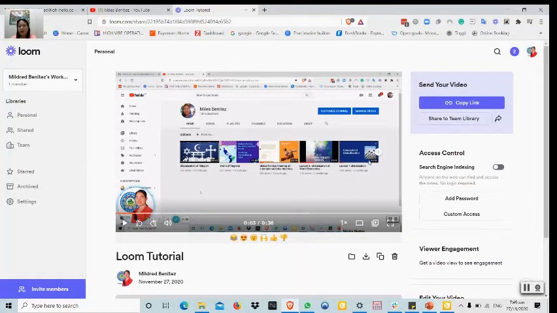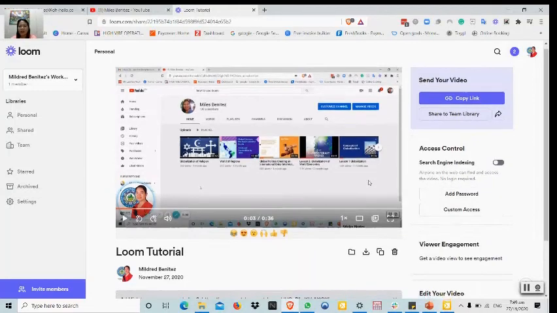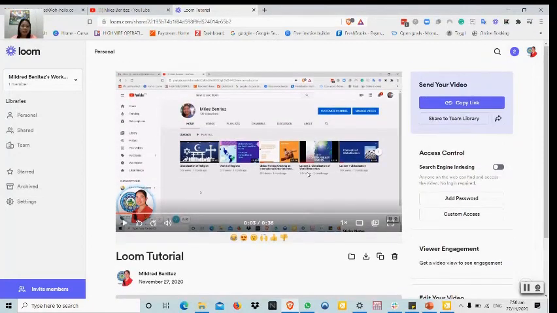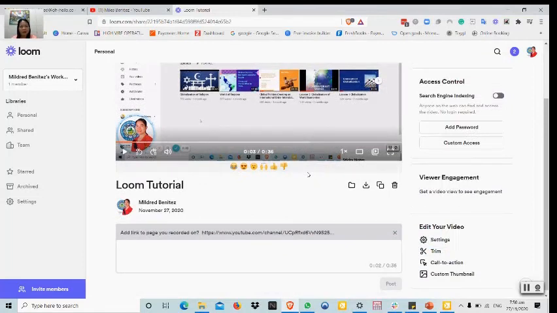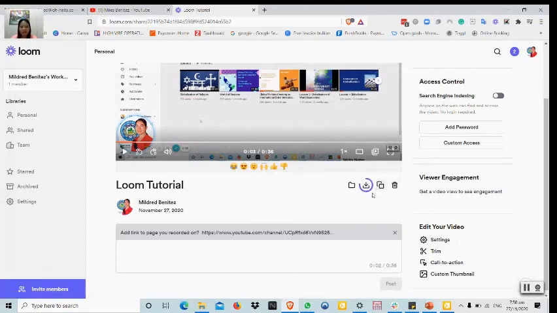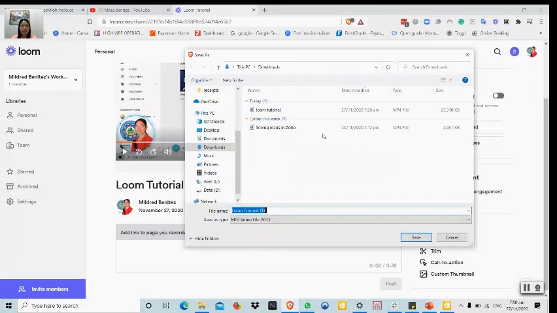So this time you will be able to already share it. So you just click on copy your link. Again, you can add password, you can custom access, but I don't unless it's sensitive information, so you can add password. But since this is a lesson for our students, so we don't have to put the password. What I do is I download. So there's an option here to download this one. So you just click download. You just wait for it to process, and then Loom tutorial,